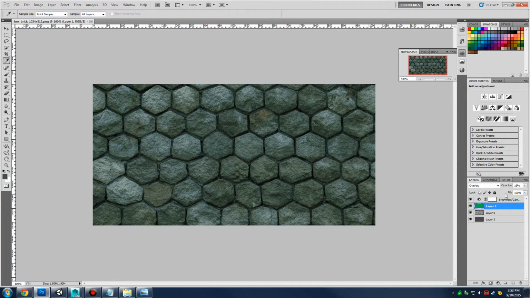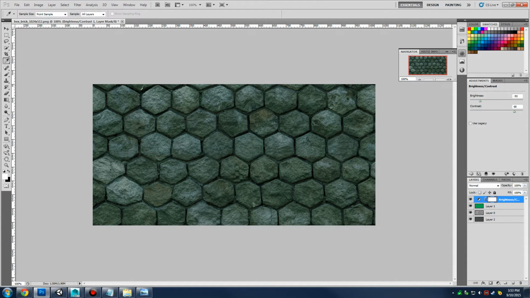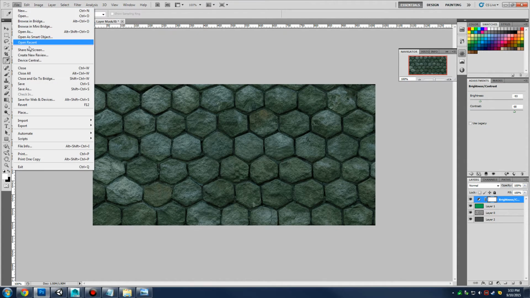Maybe not green. Okay, I'm just being nitpicky at this point, aren't I? All right, I'm going to go with that. End of discussion, except I'm going to make it a little bit darker. All right, so with this in mind, instead of saving it as a PNG, since I have all these adjustment